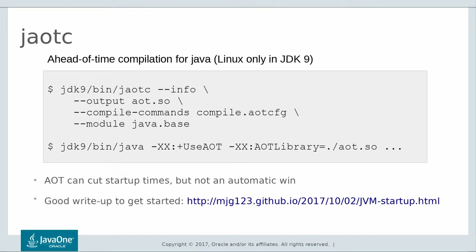And the last tool that I'll mention is, of course, jaotc. So it's been a large, many-year effort by our Oracle Labs and others involved. How many have heard about the Graal compiler? Anyone? Oh, one hand. So it's a long research project to build a JIT compiler in Java, compiling Java code down to native code. This Graal compiler is now actually shipped with the JDK, especially on Linux, and it's used inside of this tool to generate